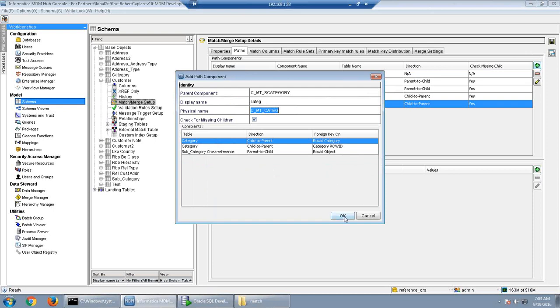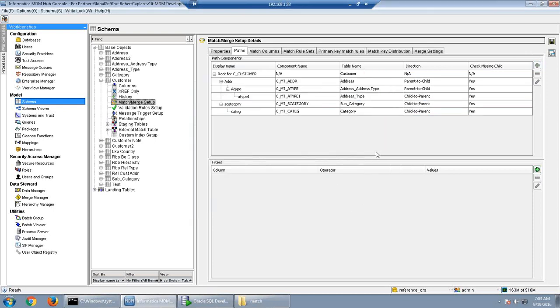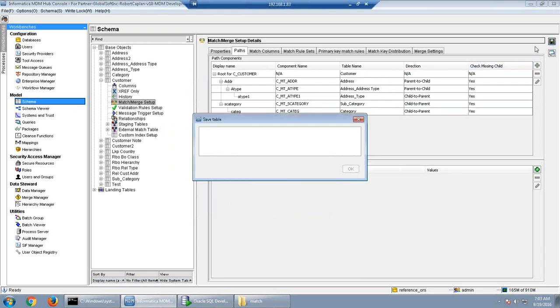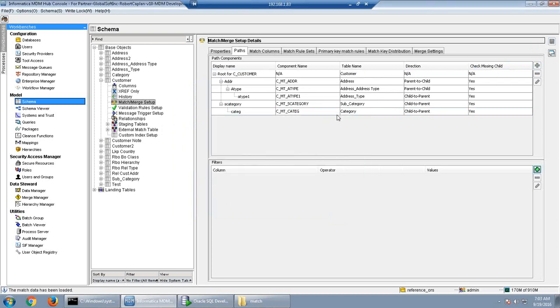So like this I can create a match path for any table. We don't have to create it for all the tables basically, but yes, it is required if you want to use columns from any one of them. Suppose you say that I want to use only a column from the category table, not subcategory. That's correct, but you cannot configure a match path for category directly. You have to configure the subcategory, then only you can configure the category.